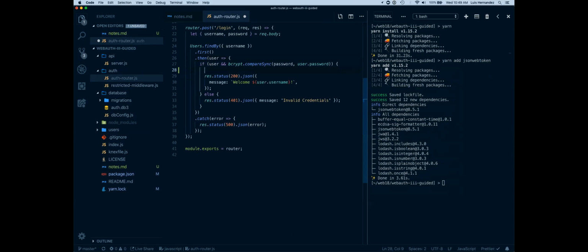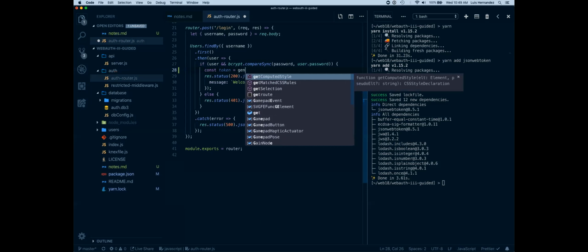So we're going to create kind of a, let's say const. I'm going to go backwards again. It's a good idea. Begin with the end in mind, right? So I want to have a token. And here I want to generate it somehow. So I'm going to create a function, generate